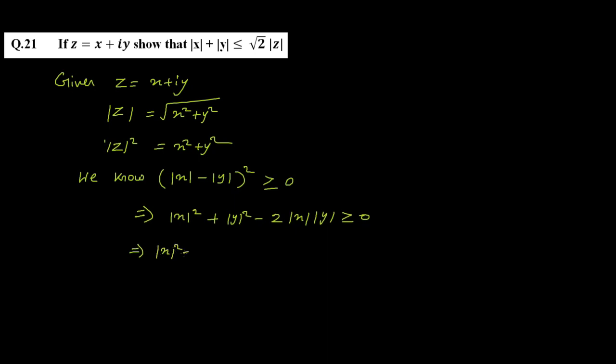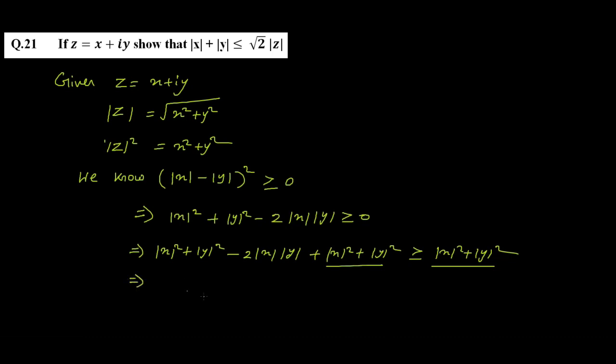So this is mod x square plus mod y square minus 2 mod x mod y plus mod x square plus mod y square greater than or equal to mod x square plus mod y square. What I have done is added mod x square plus mod y square to both sides of the inequality. Now you will see mod x square plus mod y square is already there, so this will become 2 into mod x square plus mod y square,